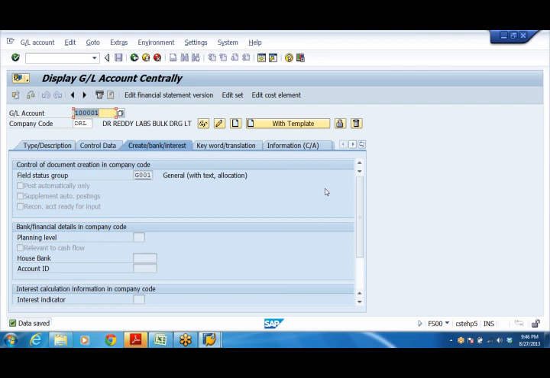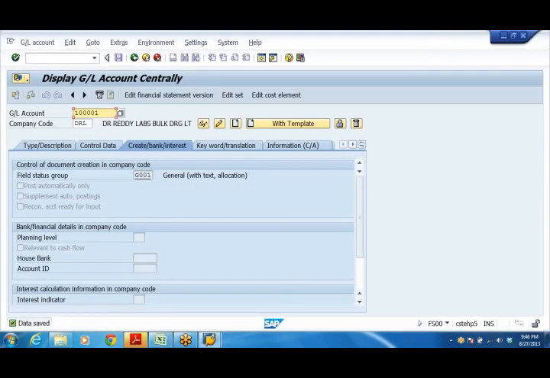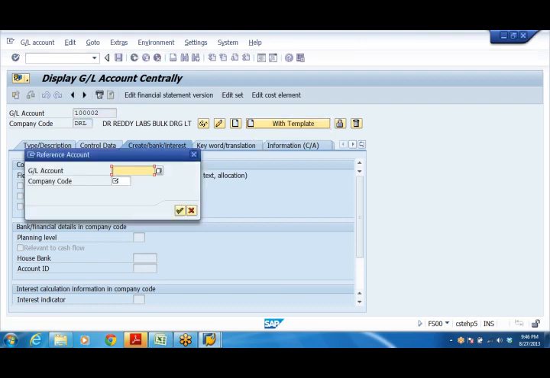I want to create, say, preference share capital. So preference share capital account 1 lakh 2. Just change it. And I can create this GL account with template, so nothing but copying. Which GL account do I have to copy? 1 lakh 1. Of which company code? DRL. Just enter.